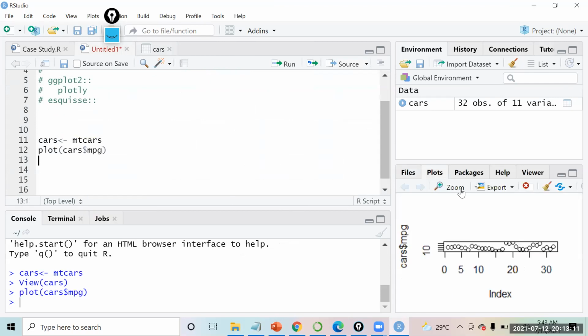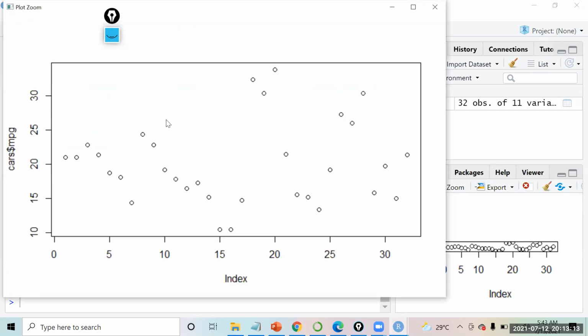If I run this, you will see a chart is created where I can see the mileage of all the cars in this data set plotted. On the y-axis you have the mileage of the car. On the x-axis you just have the index. Indexing means the row number of each car: the first car, second car, third car, fourth, fifth, sixth, seventh, eight, nine, 10.